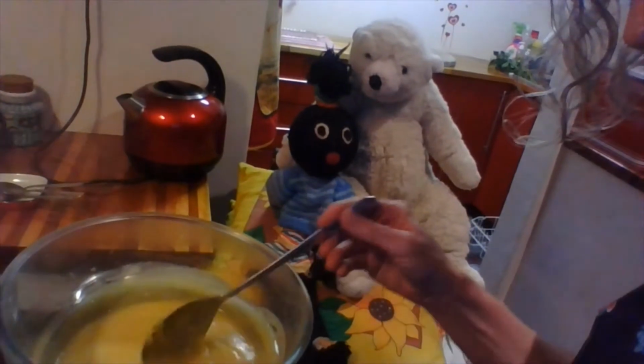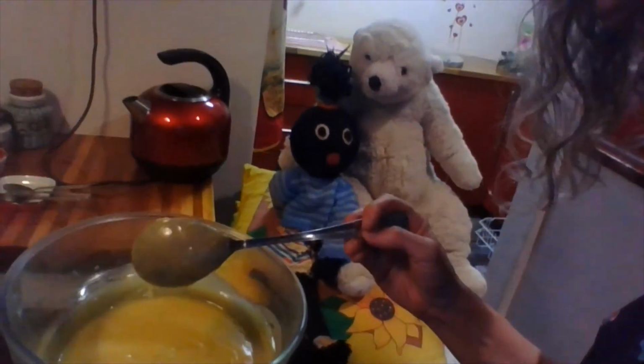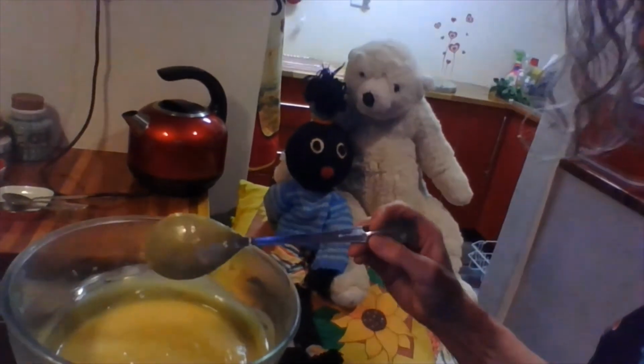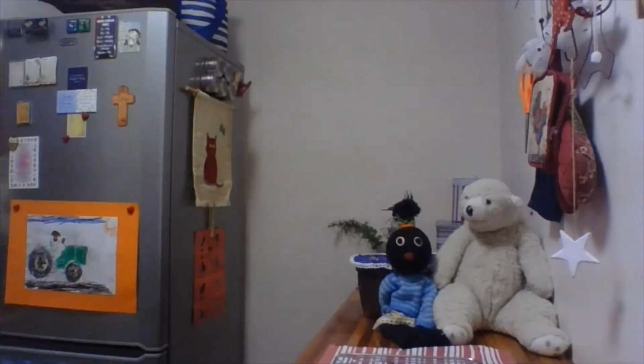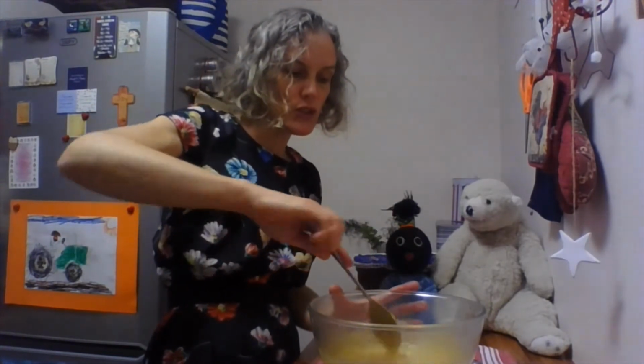Hey, it's nice and thick now. And look at the back of my spoon. It's coating it. It's not just liquid that's pouring off. It's actually making a nice coat on the spoon. So that is what we want. That's perfect. My bowl I'm going to put here, and we just stir it a little bit and we let